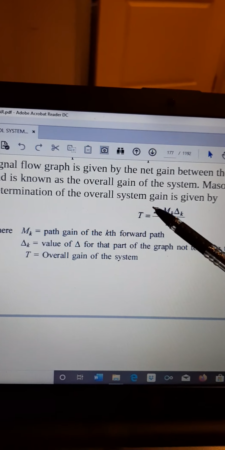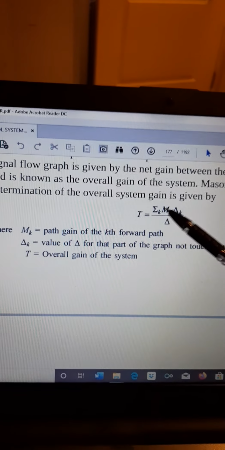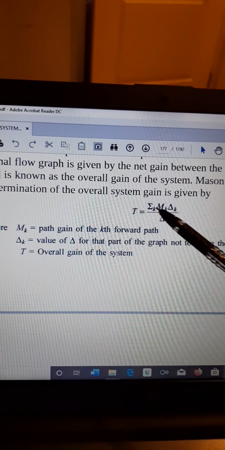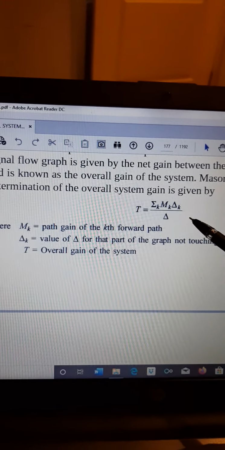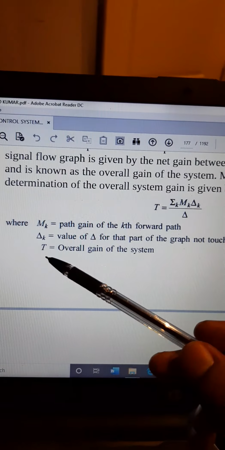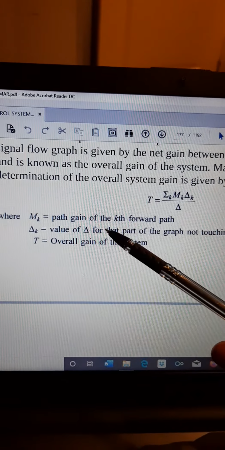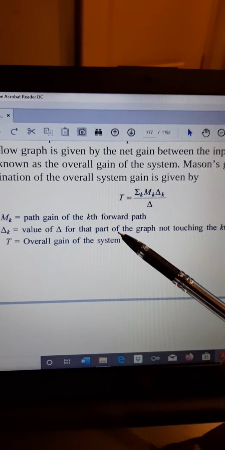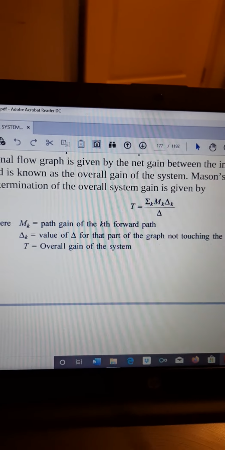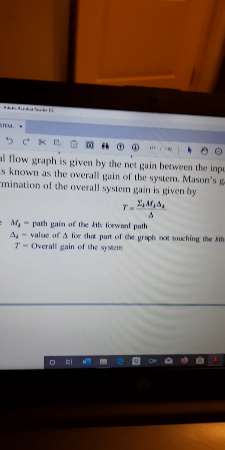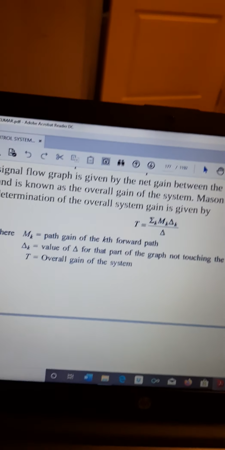So if it is 2 means two terms, 2 forward paths means k becomes 2. So you are having 2 summations. Delta k, value of delta for that part of the graph not touching the kth forward path. So you know that you already be